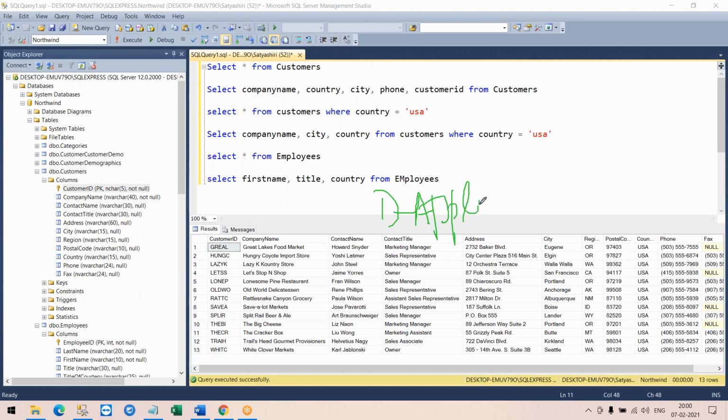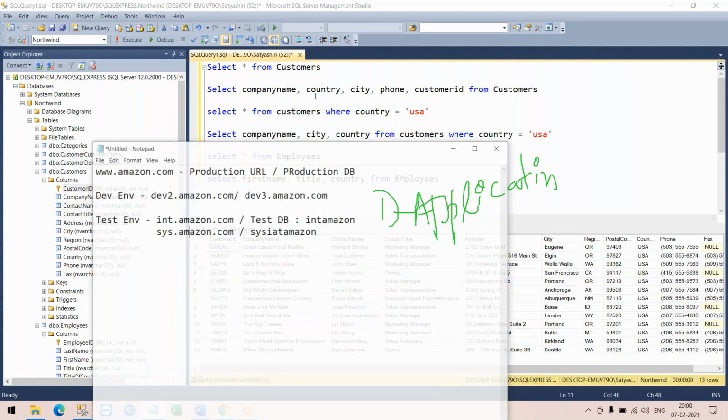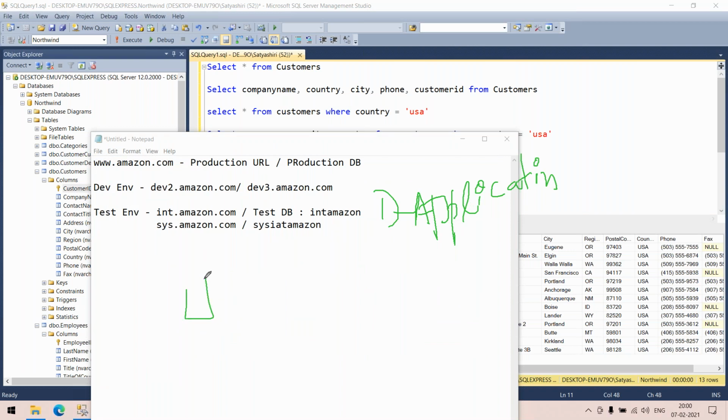How does this customer data come into this customer table? We talked about it in yesterday's class too, right? If a customer clicks on new user enrollment on Amazon, your web server takes all that information and passes it on to the database, and it saves in your database.